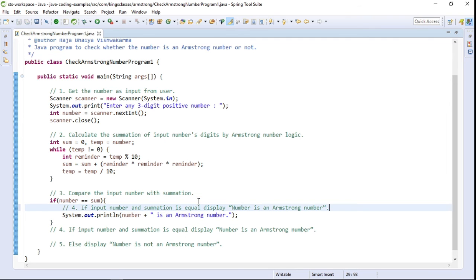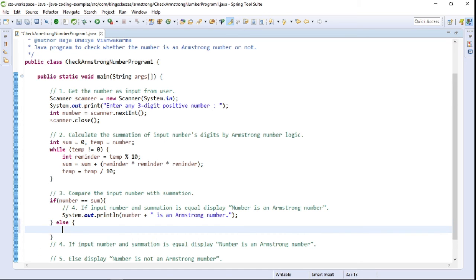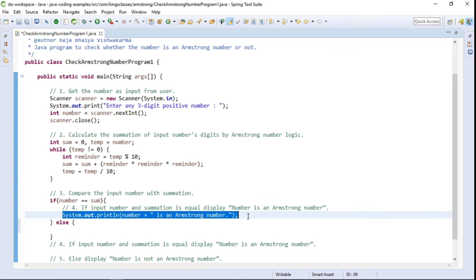If the number and the summation are not equal, in that case we write one else part and print that the number is not an Armstrong number.